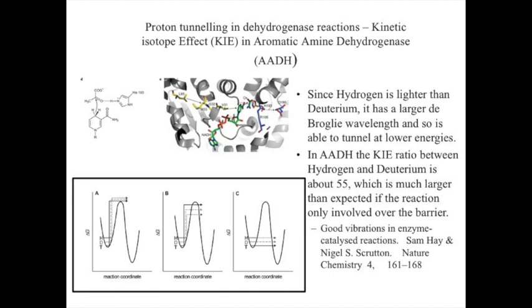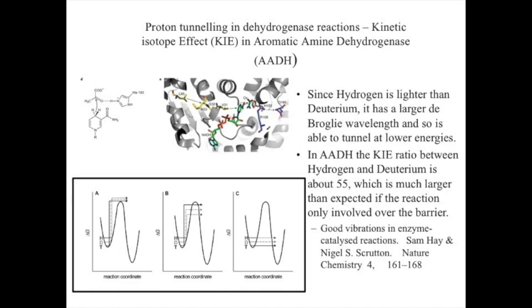And for example, Nigel Scrutton at the University of Manchester published this paper. It hasn't got the date here, but I think it was about 6 or 7 years ago in Nature. So what they are showing is that this is a classical double well potential, and in this reaction, this is the particle which has to, if it's going classically, needs enough energy to jump over this barrier to get into the other well, the product well of the double well potential. And normally it won't have that energy, but quantum mechanically it may have that energy.